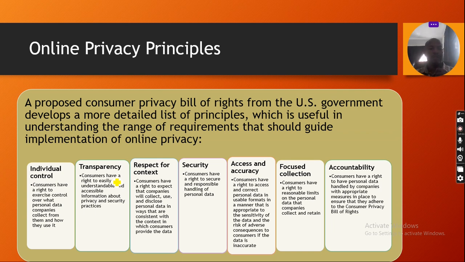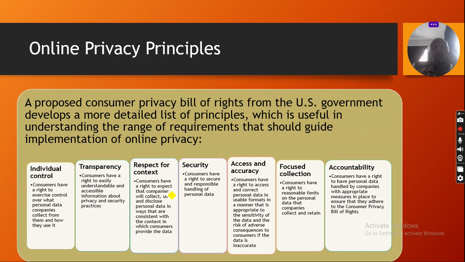Consumers have a right to easily understand and access information about the privacy and security practices that the organization portrays. Then respect for context. Consumers have the right to expect companies to collect, use, and disclose personal data in a way that is consistent with the context in which the consumers provide the data.